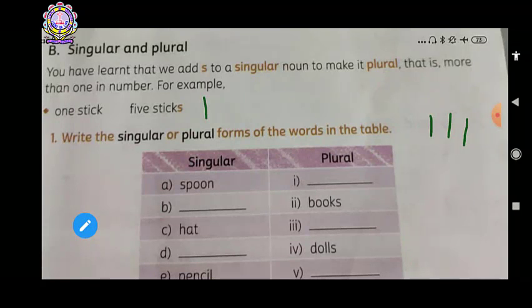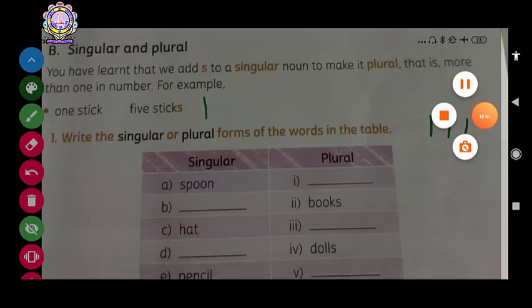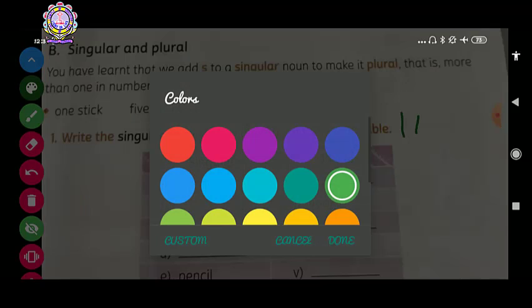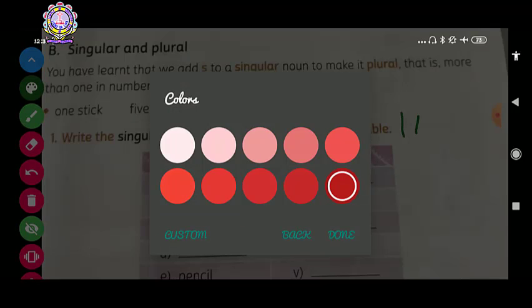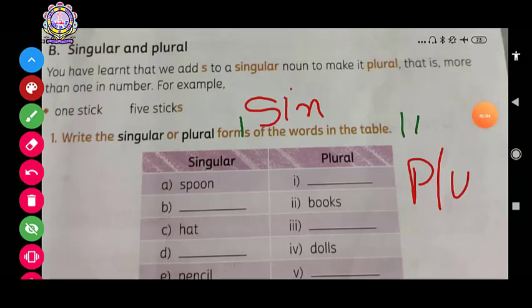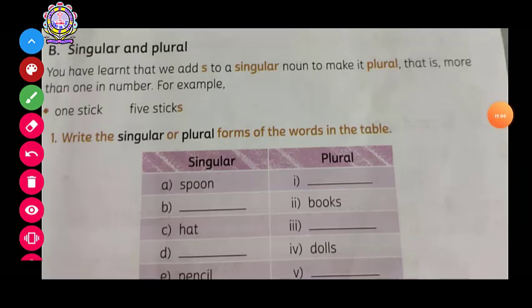For now, this is your 1 line, as you can see, and here are your 2 lines. Now if 1 line is there, then it's your singular number. And if 2 lines are there, then it's plural number.